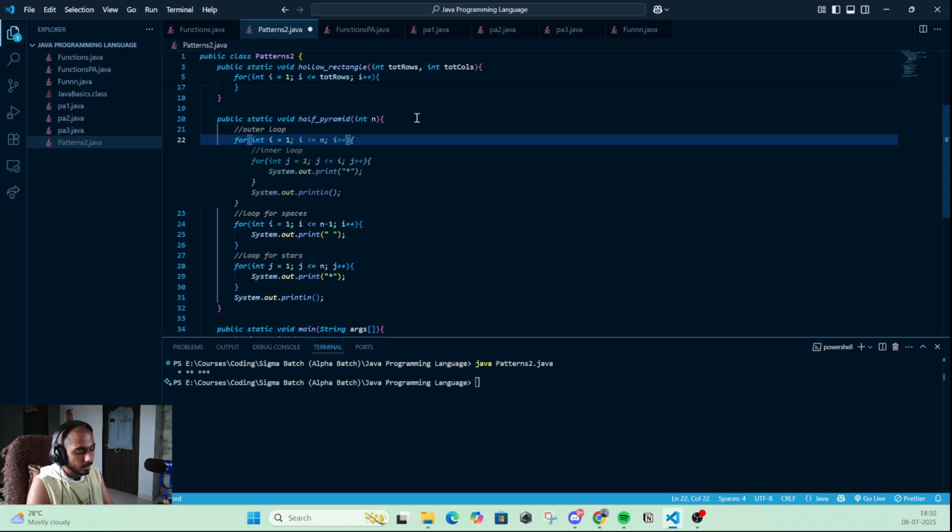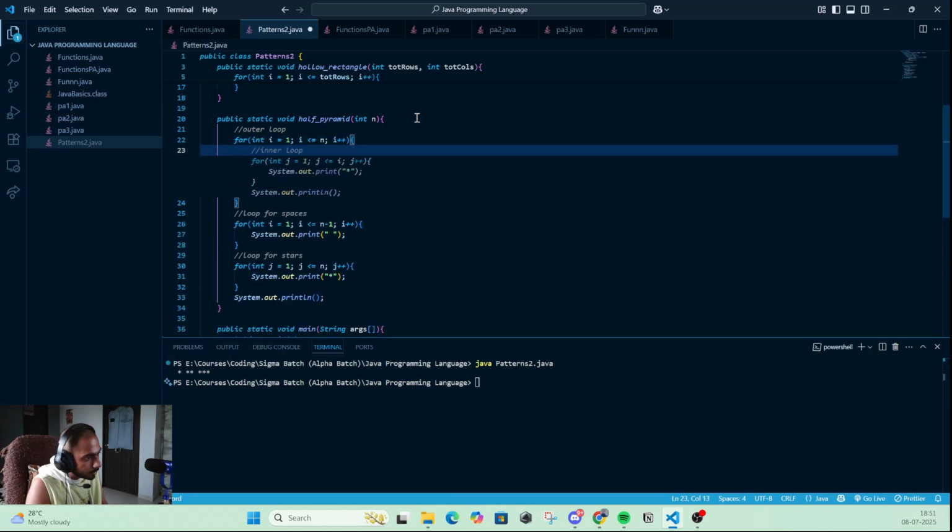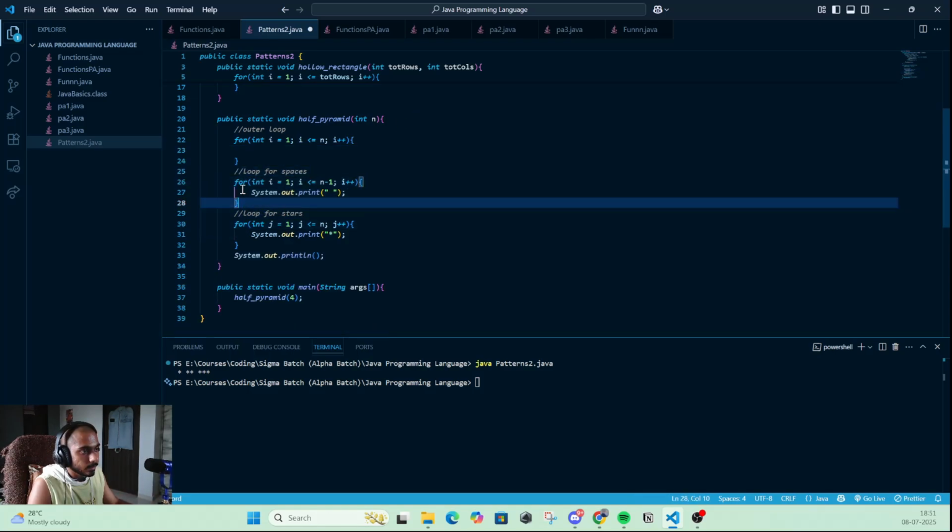So it will be I is less than equal to n, I plus plus. So this is the loop that will navigate us through the lines, like first line and then second line, then third and fourth. Now inside the lines, we have to do this loop for spaces,